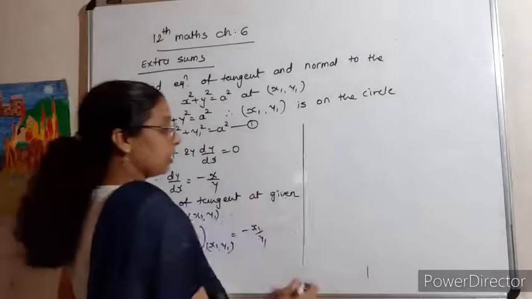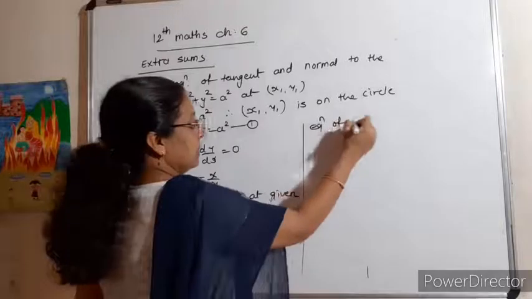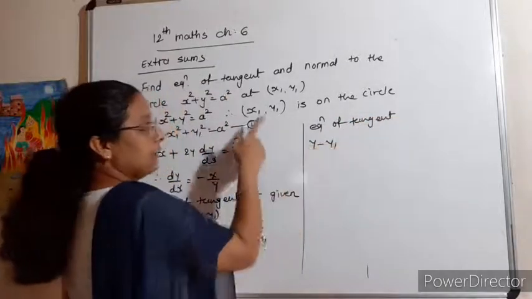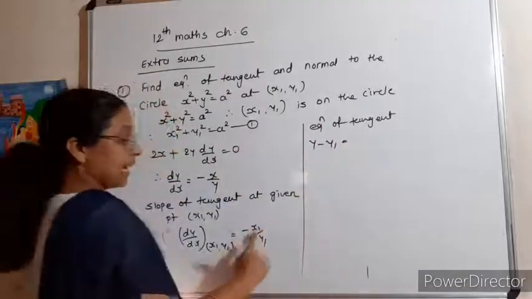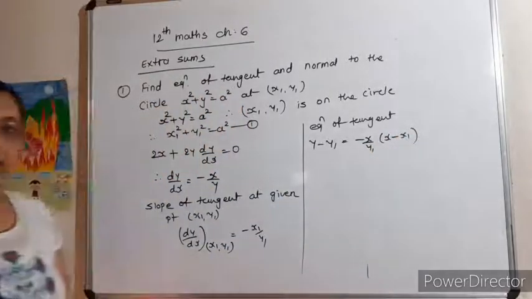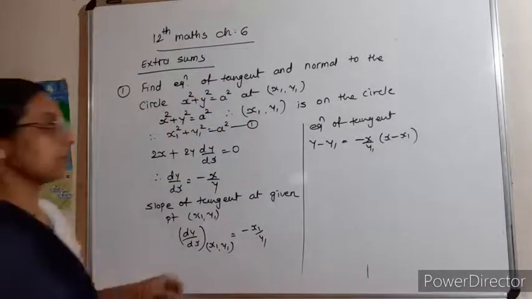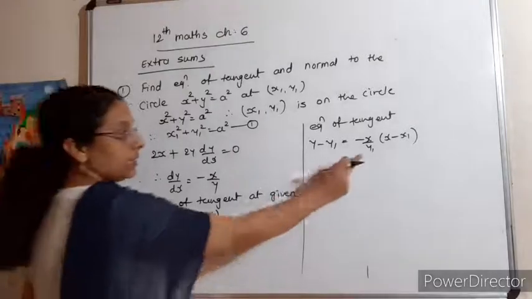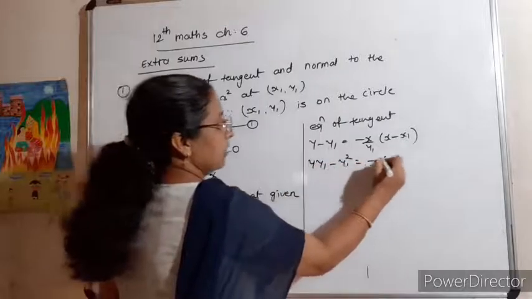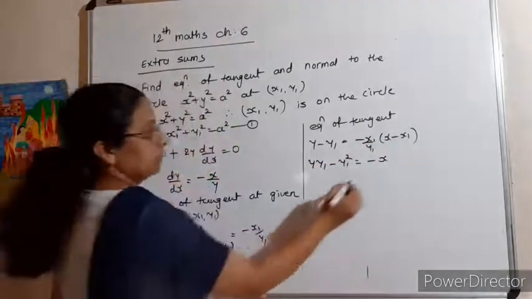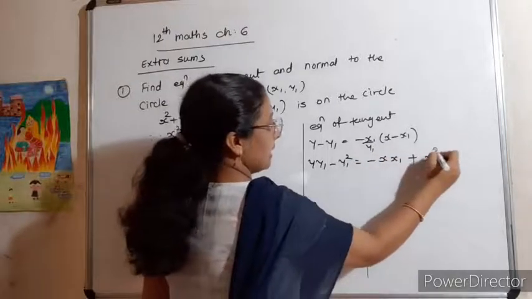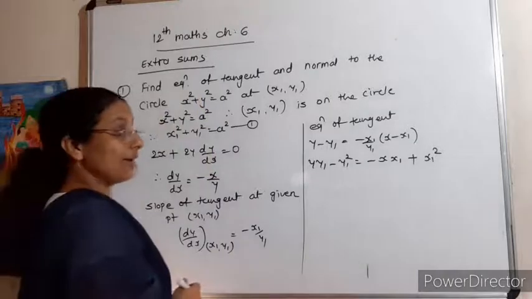Then the equation of tangent, y minus y1 is equal to m times x minus x1. We'll write the direct equation now, right? Here we'll not write this general form. Then what is it? y1 here will be y1 minus y1 square. Here x1, x1 minus minus plus x1 square. So now arrange the terms.